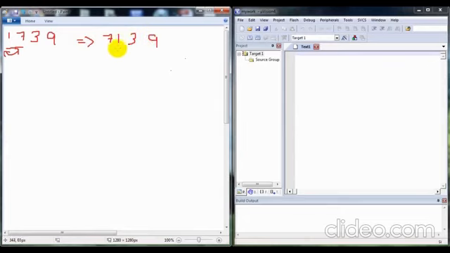Next we compare these two numbers, 1 and 3. Here 1 is less than 3, so again we swap these numbers. Then we will get 7, 3, 1, 9.